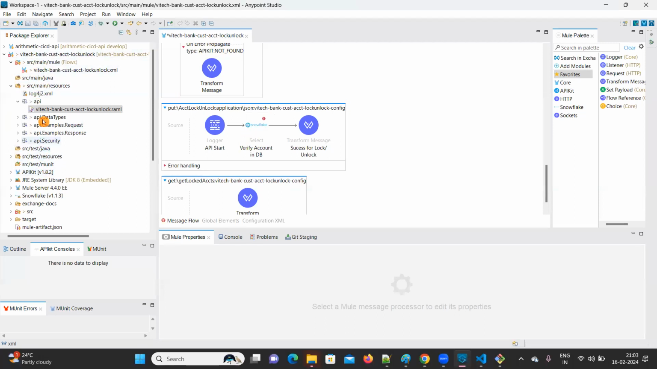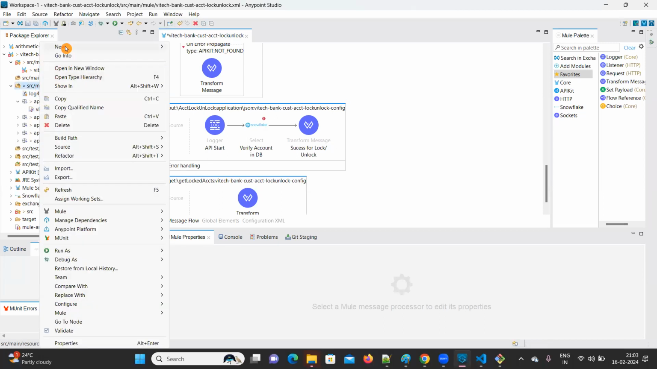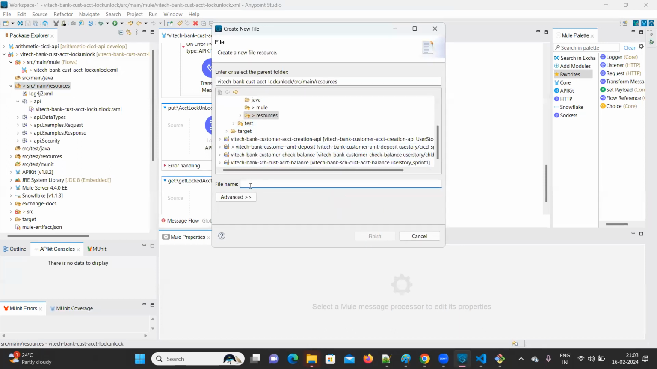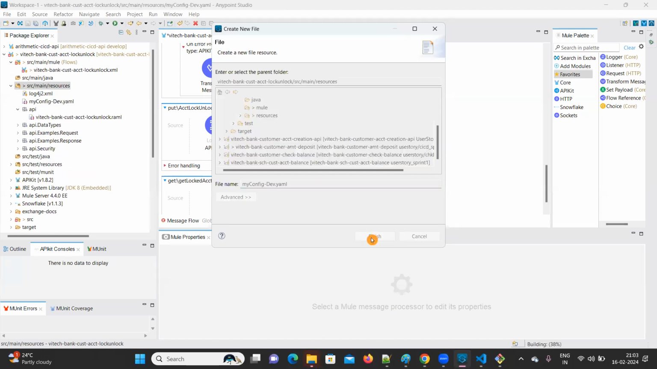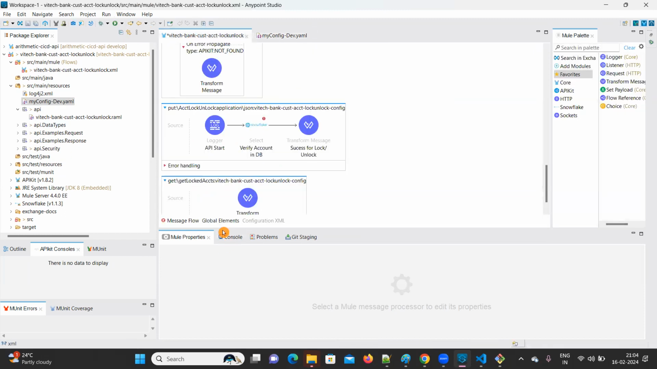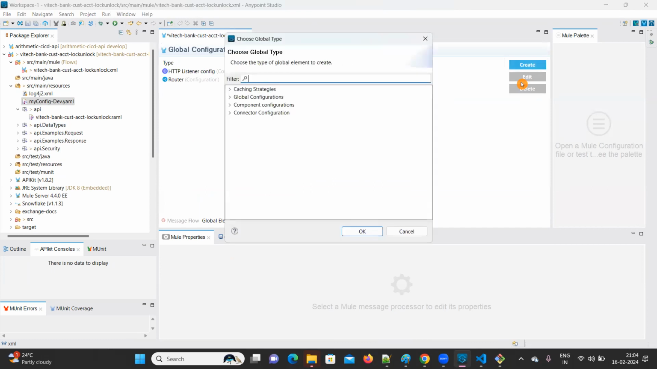Now, in src main resources, you have to create one configuration file. My config dev.yaml. You can create a YAML file or a properties file. Just do copy paste. I'm going with the email config. Okay, this one. Fine. The next step, you can go to global elements and create,